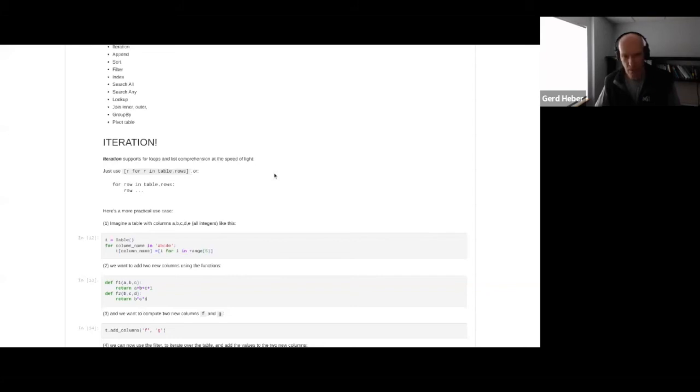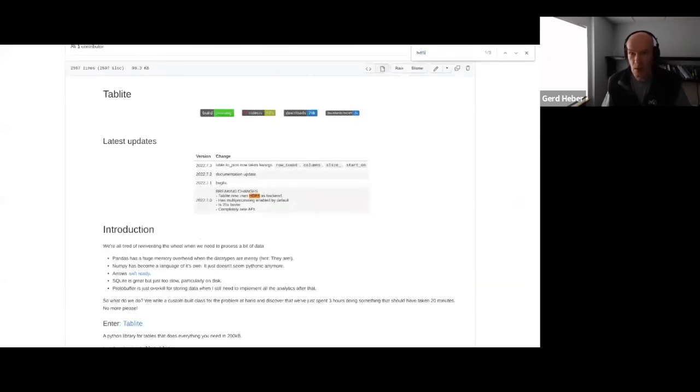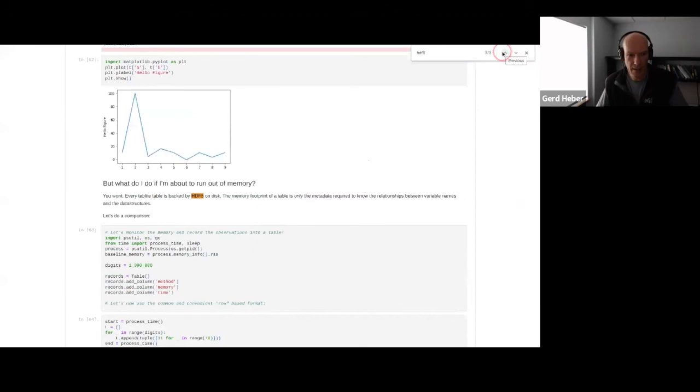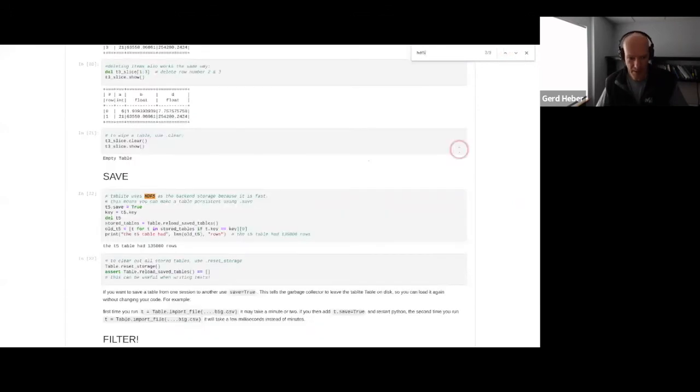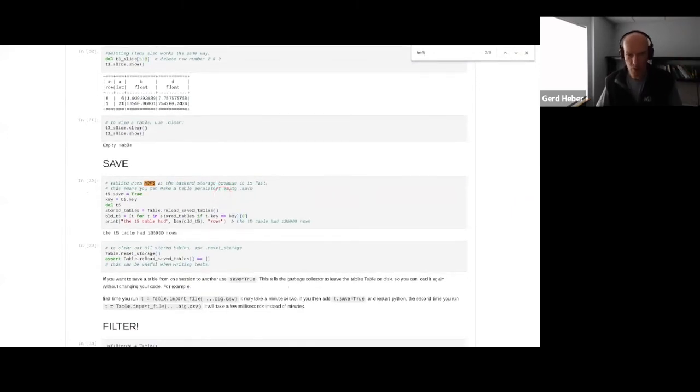So long story short, what piqued my interest is, and he mentions actually, if I search for HDF5 on this page, there is one mention: Tablite now uses HDF5 as backend, so that's in the latest version. And then he mentions twice that it's backed in storage by HDF5. But if you look at this tutorial, you actually nowhere see HDF5 or something like that. And I thought, okay, so where is that? Where is that magic HDF5 file?